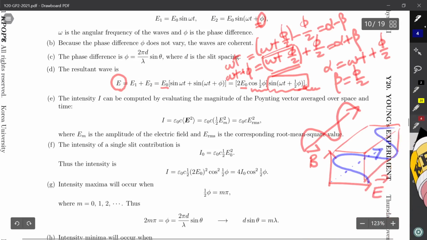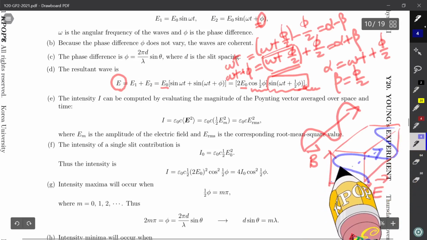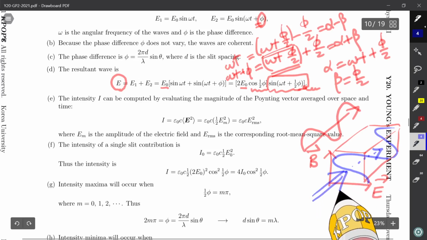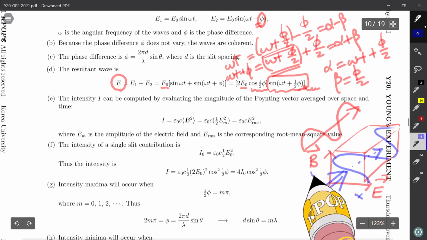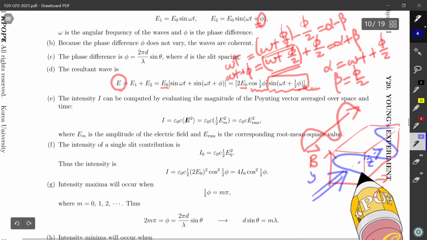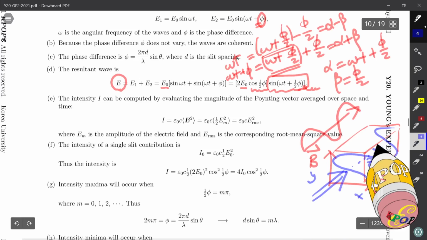The electric field is oscillating on this plane, the magnetic field is oscillating, and the electromagnetic field energies are propagating along, this is x, y, then along the z-axis, the energy is propagating like that. So the energy density corresponding to the current density